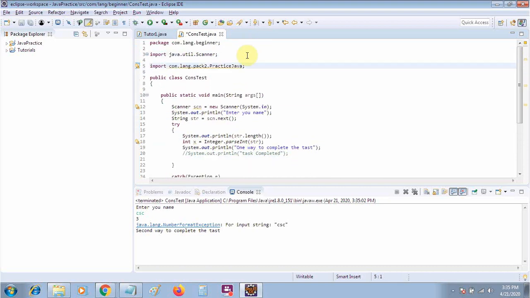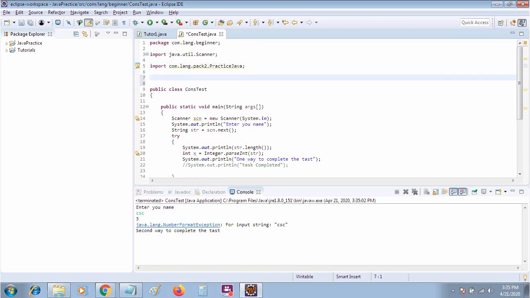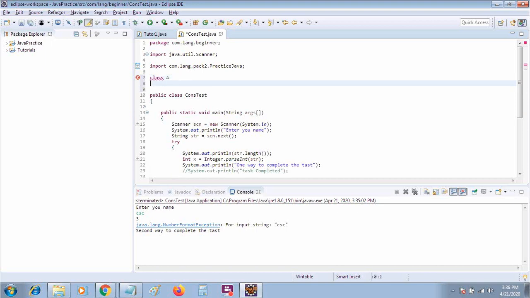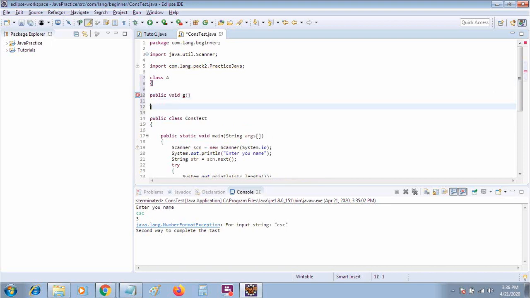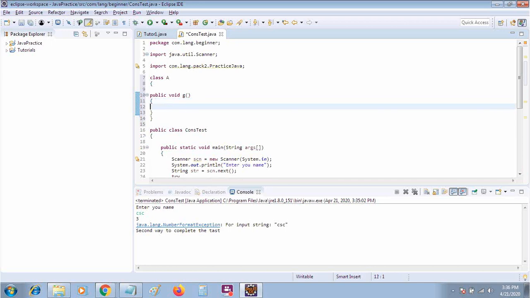Exception propagation means suppose that there is a class A, and inside class A there is a method, public void g. For example, I am taking a small method. Suppose this says int x = 10 / 0. So we know that the exception will appear here.